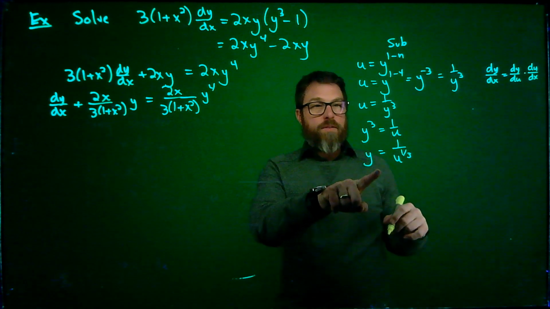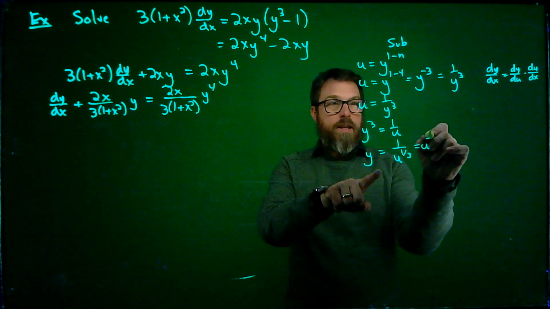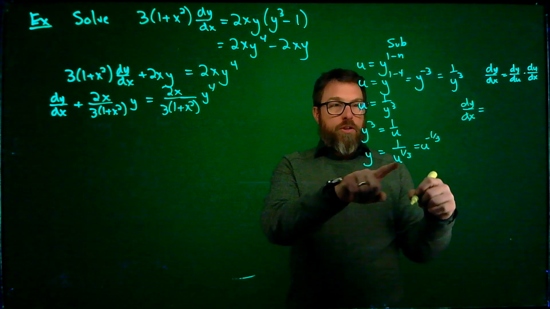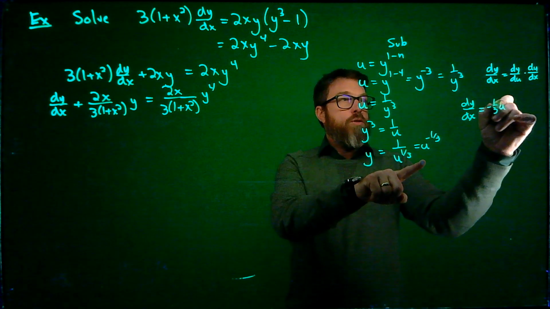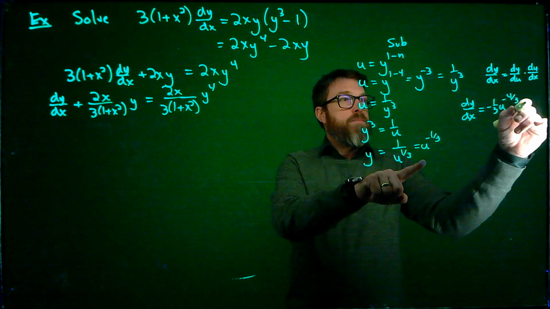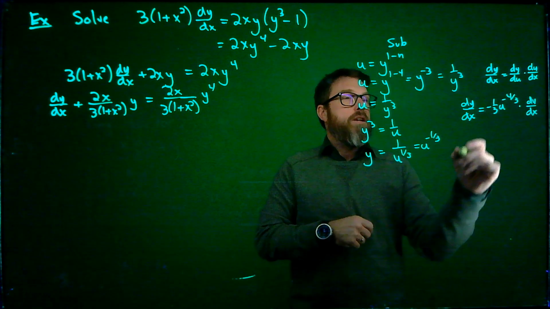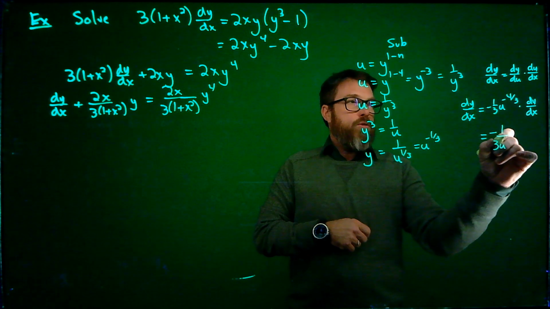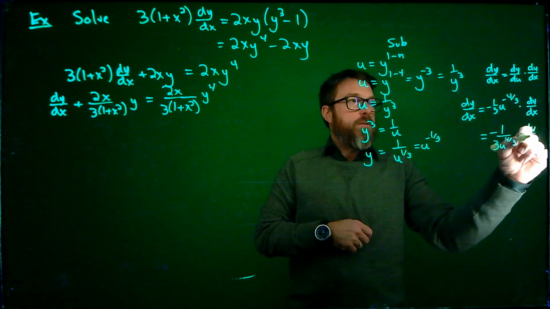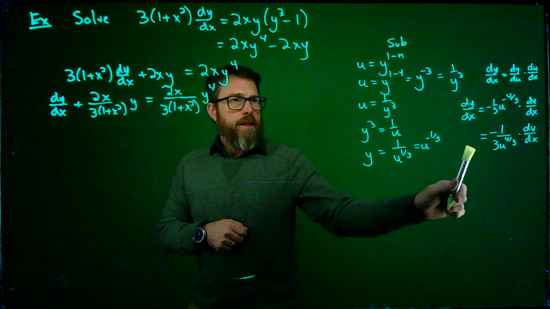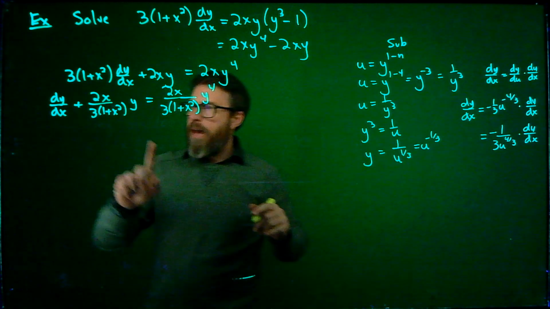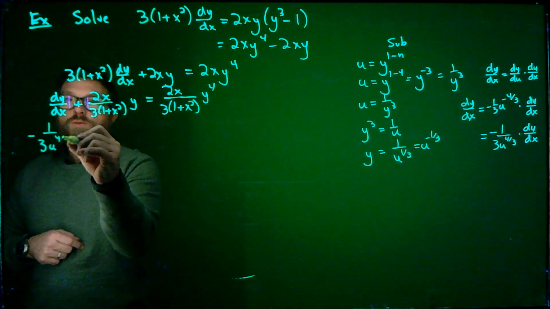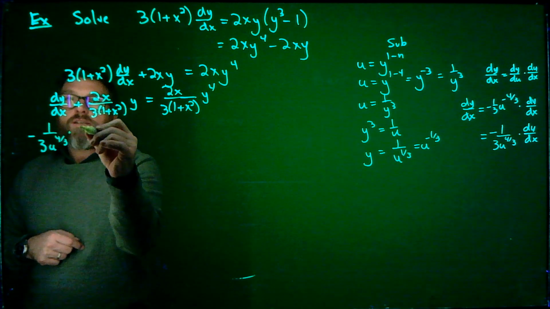So if I take the derivative of this piece, remember this is u to the negative 1/3. So dy/dx is going to be equal to the derivative of this thing, so minus 1/3 u to the minus 4/3 times du/dx. So if I write this in another form, I'm going to have minus 1 all over 3u to the 4/3 in the denominator times du/dx. All right, so this is your y, this is your dy/dx. We're going to plug them in over here. So we have minus 1 over 3u to the 4/3 times du/dx